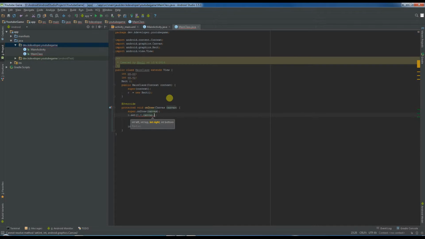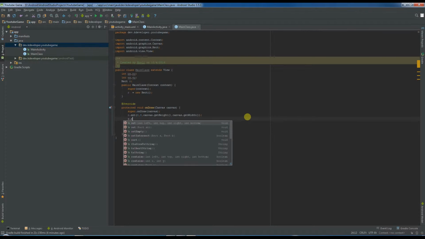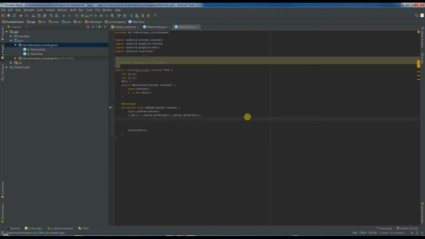canvas dot get height, canvas dot get width. Let's just check if that's correct. Yup, that seems correct. So now right now it's just making a rectangle, you haven't put it onto the screen. So what we can do to do that, first we need to make a paint object,